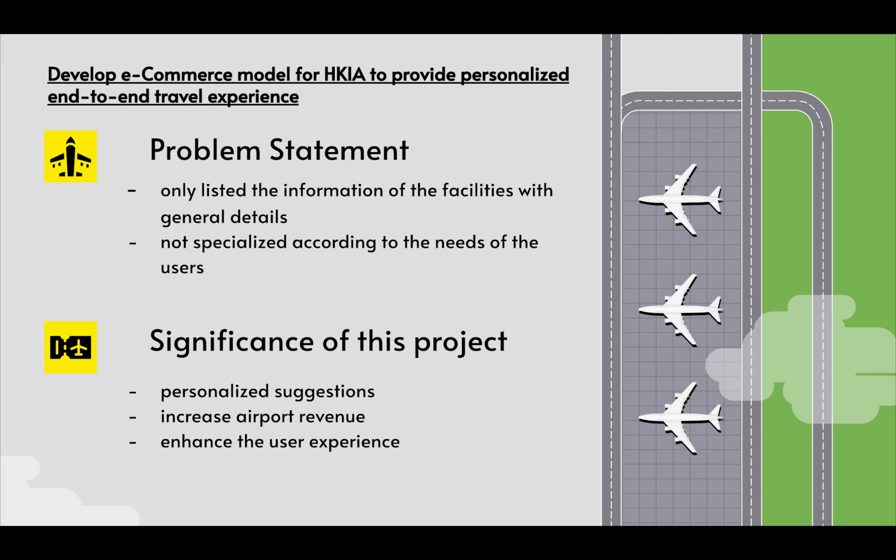However, the chatbot lists only the information of the facilities with general details, such as locations, opening hours, and contacts. Although the information could be provided in an interactive way, it is still not specialized according to the needs of the users. The current epidemic has been going on for more than 2 years, and our daily life has been